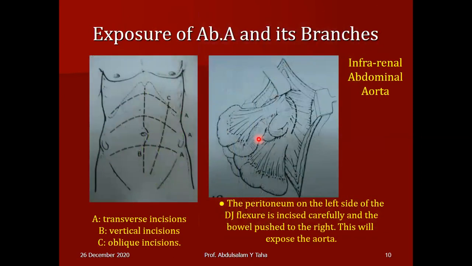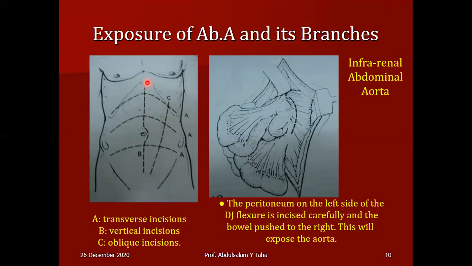Now, sometimes we need to expose a blood vessel in the abdomen, the aorta or its branches, without doing a thoracotomy. Not necessarily do we do a thoracotomy. In that case, we are going to do a laparotomy. And the abdomen can be